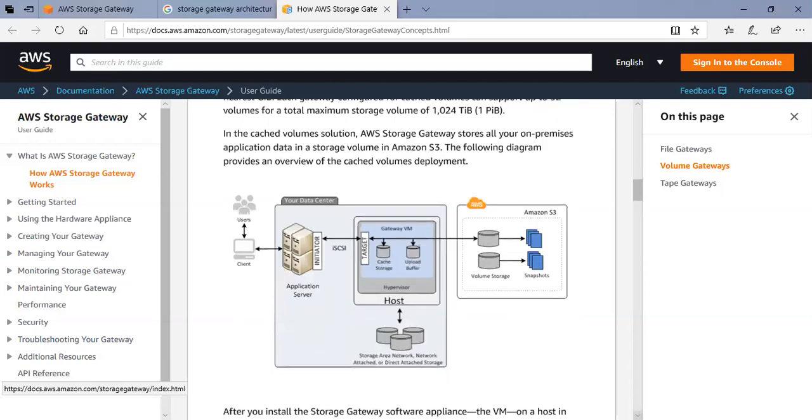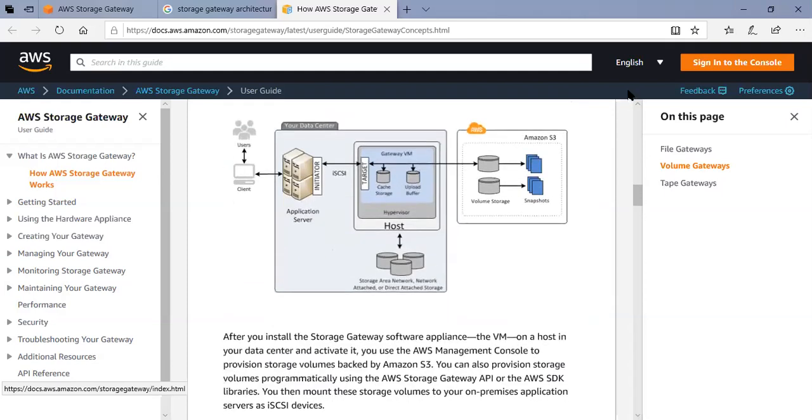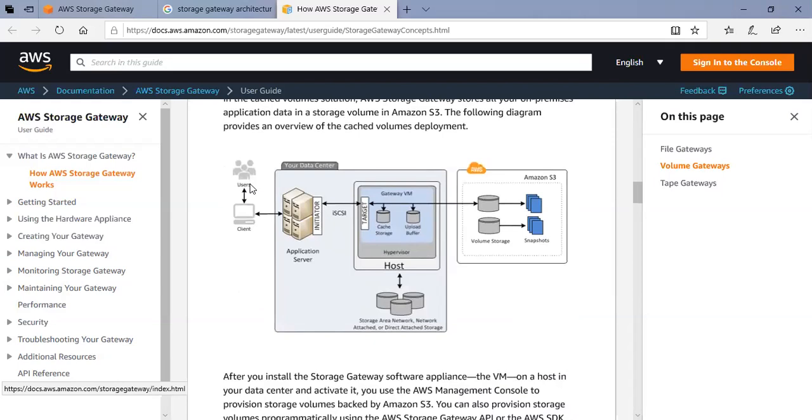I'll go to another architecture now. Now you are a user and you have a client and you are accessing some application server in your data center. This application server has got a lot of components, wherein the server can be connected through iSCSI, or through an FC channel. It can be connected through a variety of mediums to the underlying storage. Look at the storage here: storage area network, network attached and direct attached storage. All three are different types of storage. Got it?